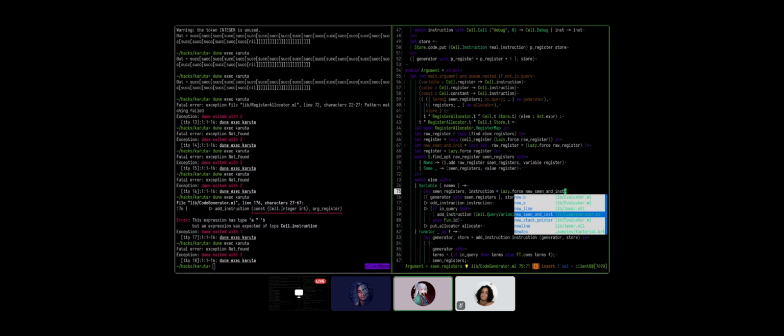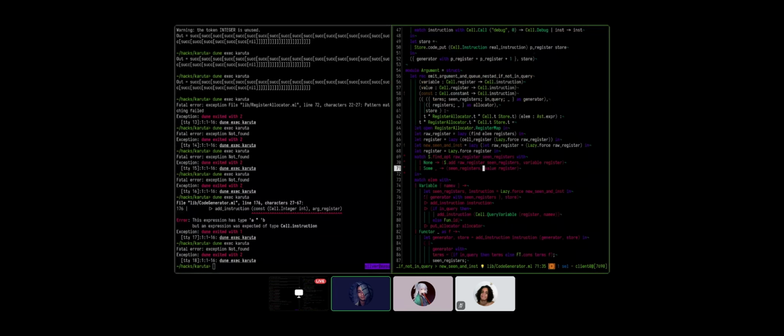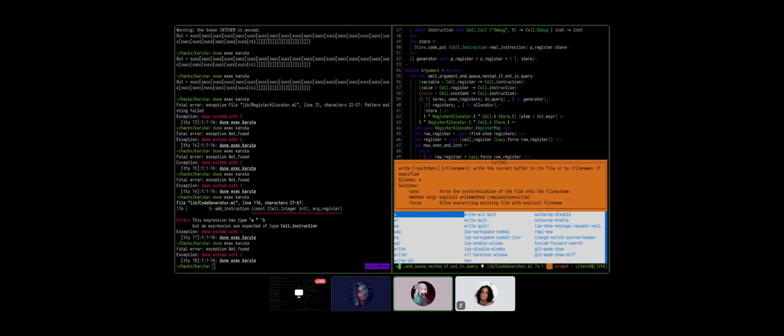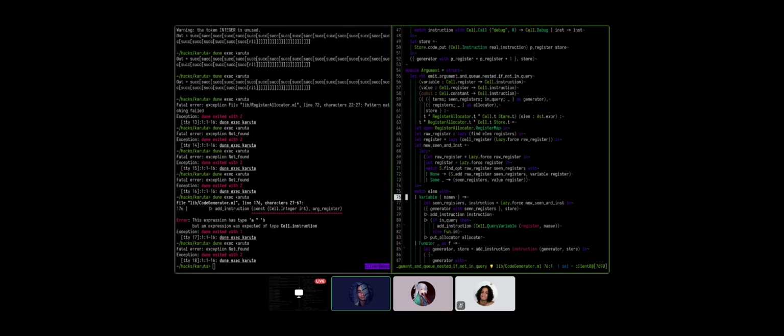New sing and inst in. Yeah, grab line 68 and put it inside the variable matching as well. We need parentheses in there probably. Yeah. Thank you. Grab line 70, and we also need that inside of each in the pattern matching there.